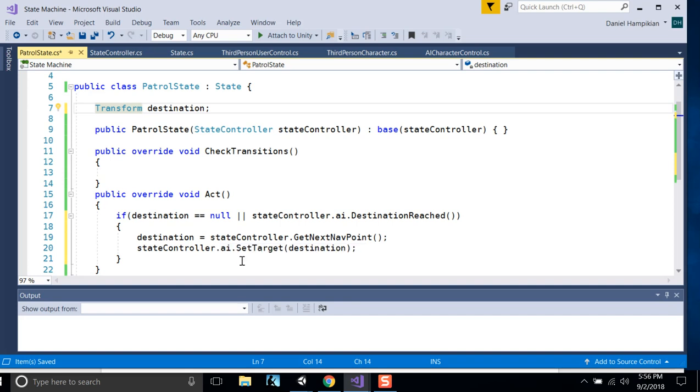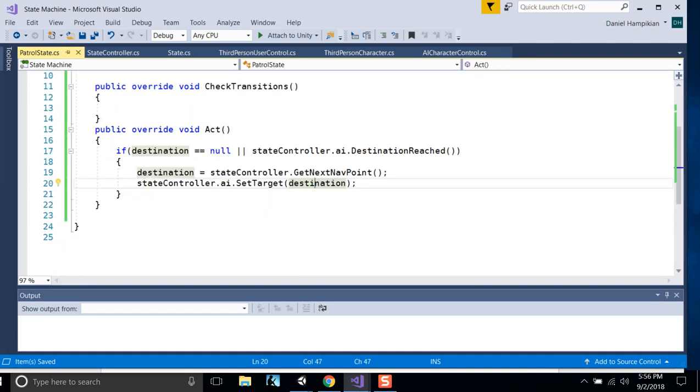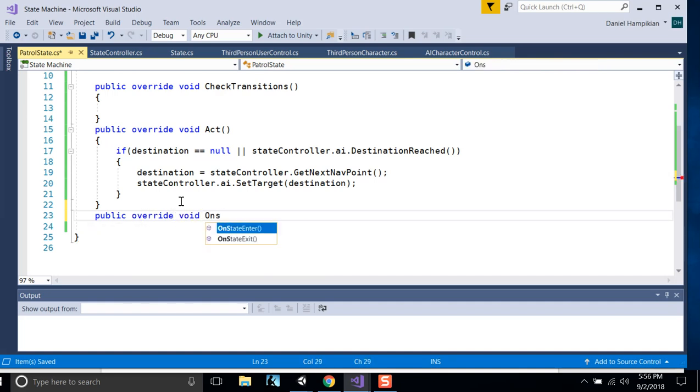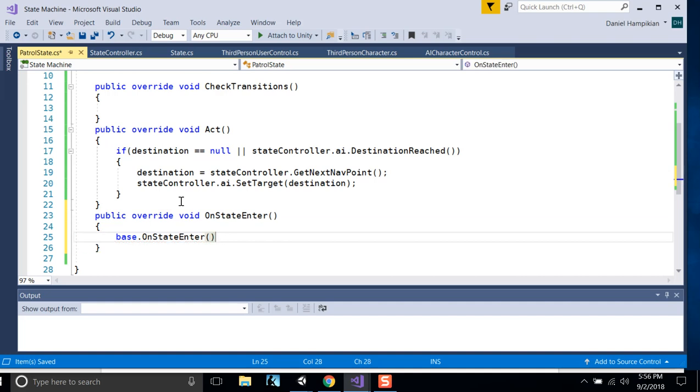And here we're setting it to the next nav point. We set to the destination. Cool, okay. Finally, let's write a public override void on state enter, and we'll set the color here. So we'll say,